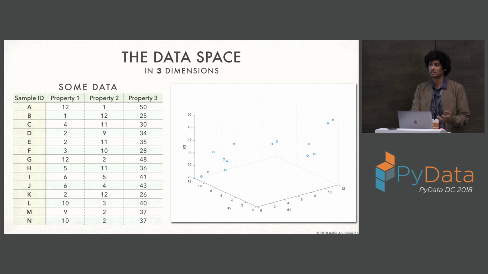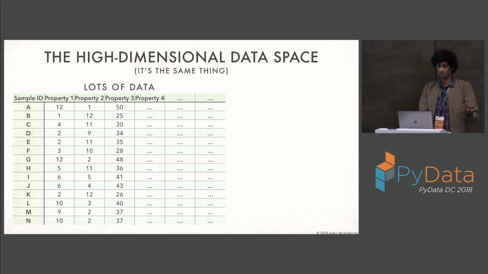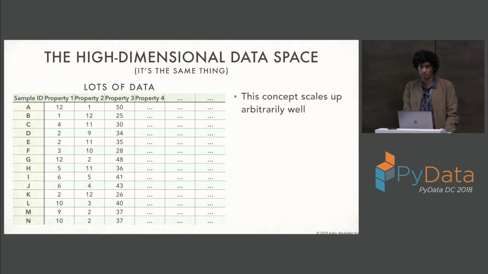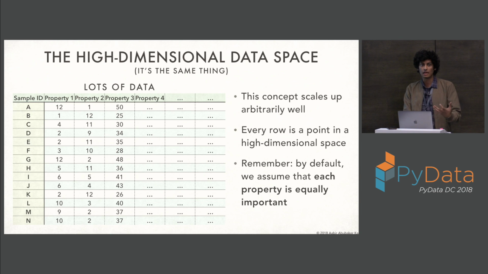But that actually doesn't stop the concept of this space from being useful, which is what I want to walk you guys through today. High dimensional data can just basically have a huge number of columns or attributes, and you can still technically plot it in a space. You just can't see that space. You might have to ask Christopher Nolan to help you with that. Every row is still a point. It has a number of attributes, and you can think about this space.